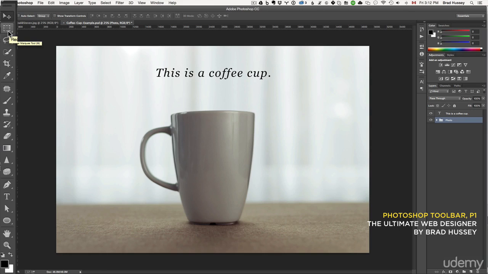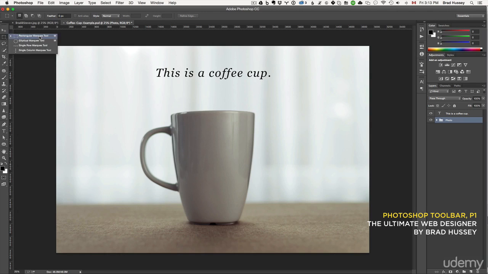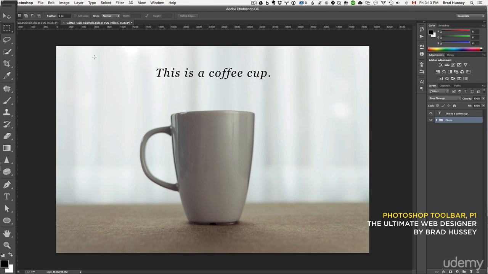This is called the Rectangular Marquee tool, and you'll see in the bottom right corner there's an arrow. That means there are more options in this button. If I click and hold that, you can see the other options available. There are other marquee tools: rectangular, elliptical, single row, and single column. The Rectangular Marquee tool just lets you make a selection. So here I'm going to make a selection, and you can drag that selection around, or you can draw a new selection